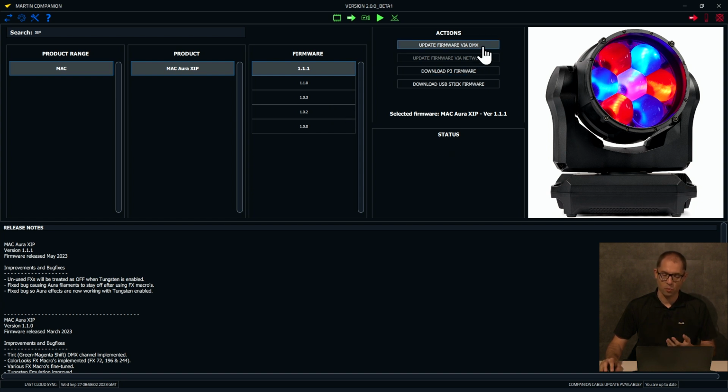You can update firmware via DMX. This is using a Martin Companion cable to a DMX cable, which is then connected to one or multiple fixtures. You can update firmware via the network. This is only supported on the newer Martin fixtures, but it means that you connect a network cable between your computer running Martin Companion and the network of fixtures,